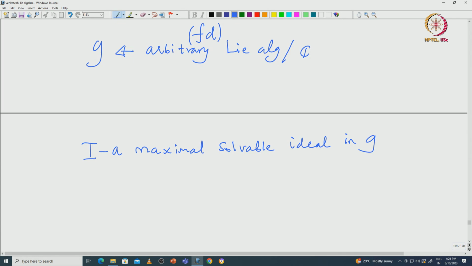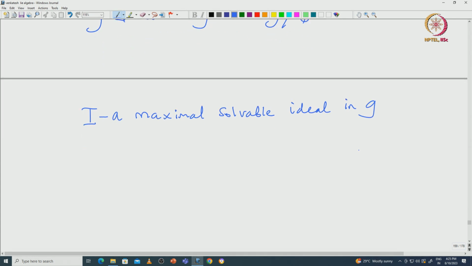So, there will not be any problem in choosing this maximal solvable ideal. Now what we claim is that this maximal solvable ideal must be unique. There are no other maximal ideals. Why? So, the claim is I is the unique maximal solvable ideal